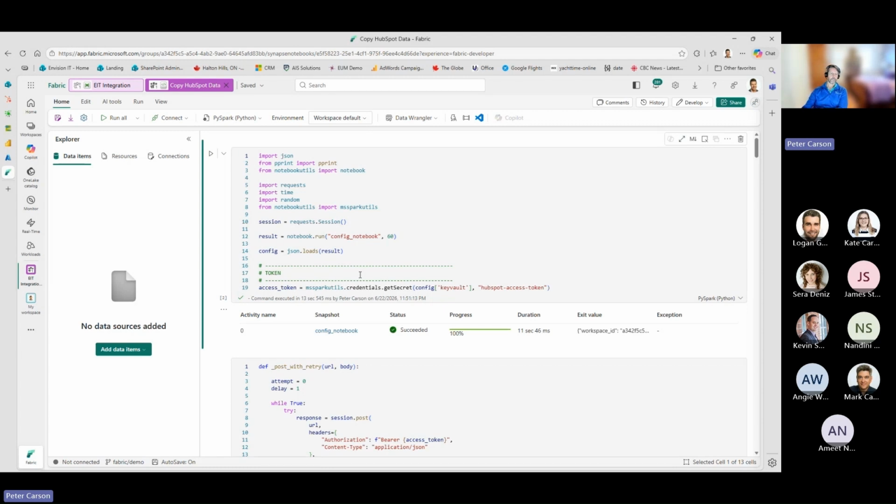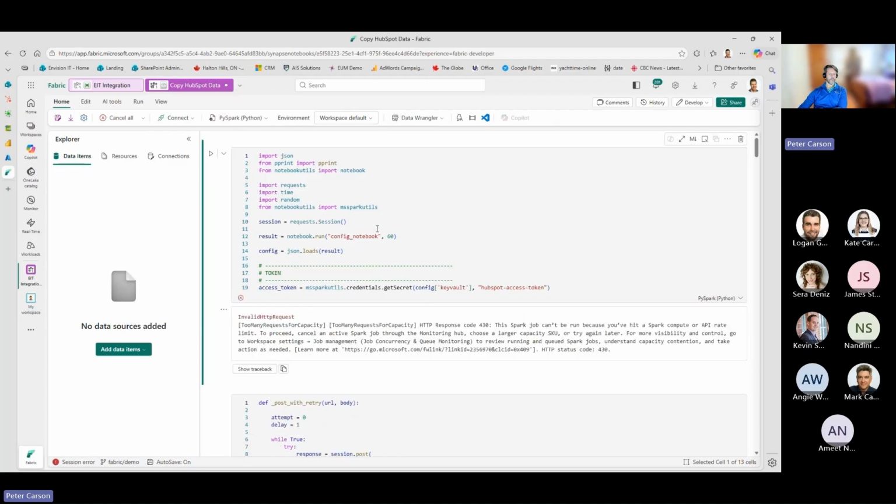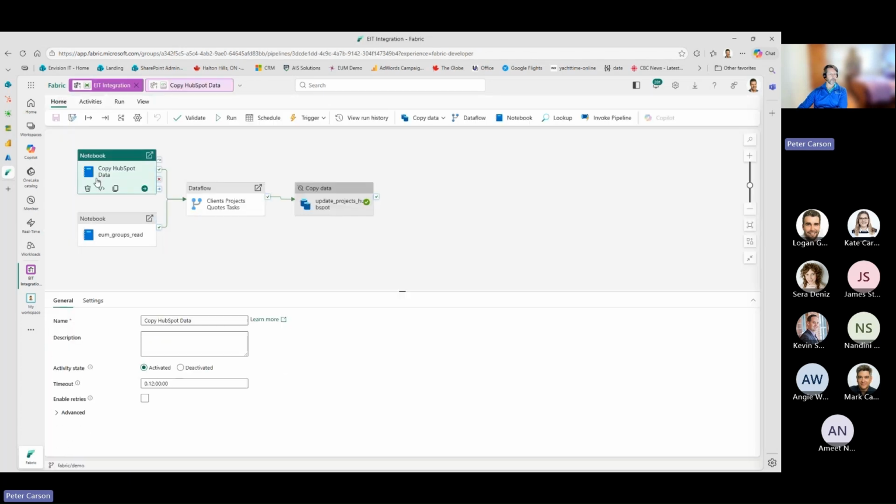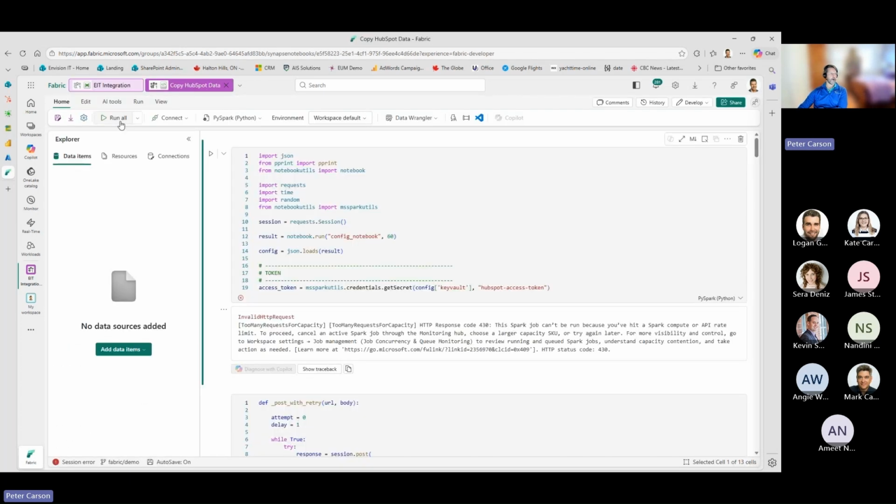So notebooks have what's called cells. Each of these blocks here is a cell. And it really helps when you're doing development work. You could actually run these cells one step at a time. Oop. Somebody else must be using Fabric. We don't have enough capacity to run. Well, I wasn't planning on live running the notebooks through there. But basically, I can chunk my code into blocks and run it one cell at a time as I'm debugging and working from there. When this notebook gets called from the pipeline, it's just going to do a run all of the whole thing top to bottom through there.